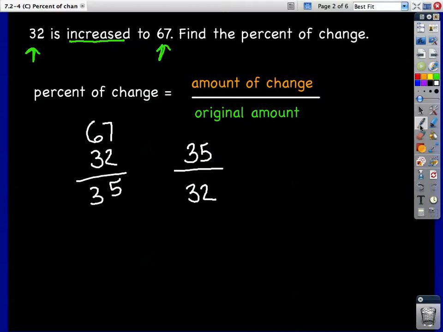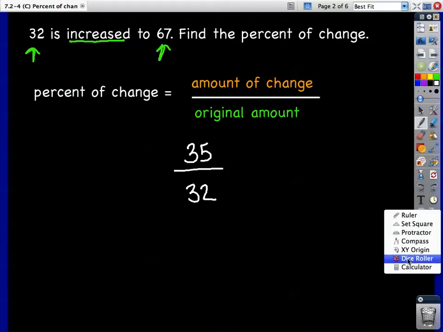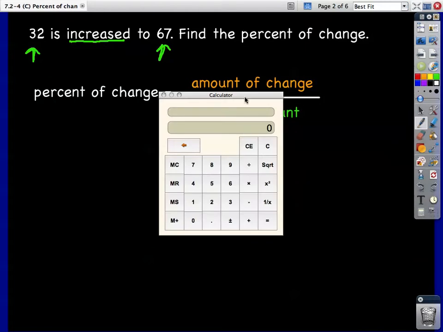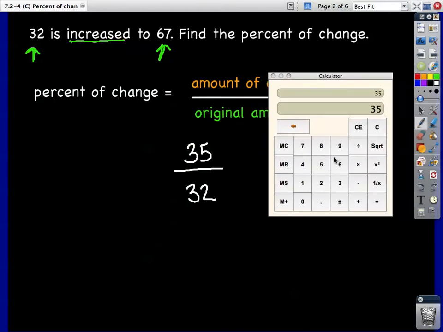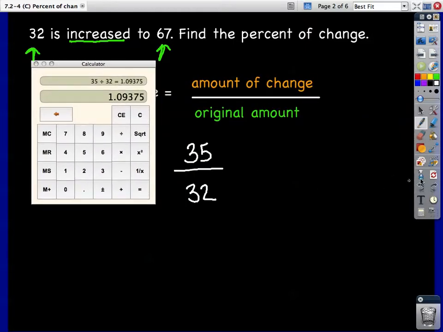So right off the bat, I know that this fraction right here is going to get me a percent that's over 100. The reason I know this is over 100% is because 35 is greater than 32. So this is more than 1. And more than 1 is more than 100%. So instead of making you sit here and watch me do long division, I'm going to use a calculator. 35 divided by 32 turns this into the decimal that I want it to be. And I get